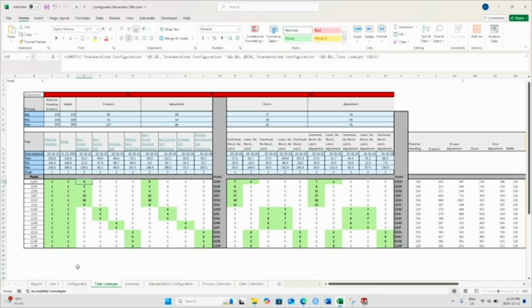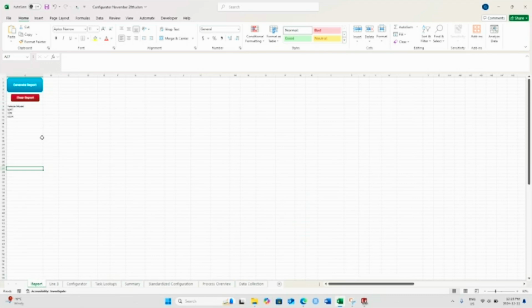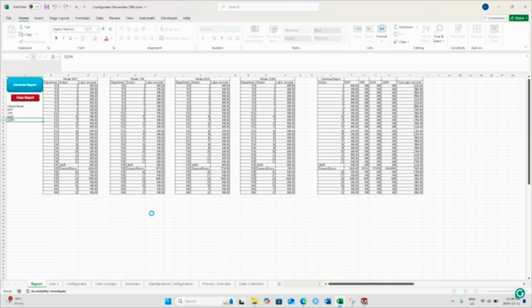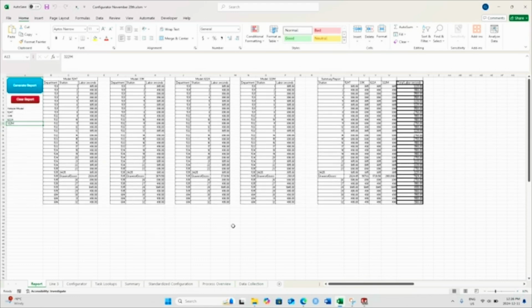Ultimately, the task lookup page pulls into the report page, which allows the Winnebago team to generate reports used for standard labor, production scheduling, or any other forms of analysis they might need to do on a daily basis. An example of how this works is we can input whichever models we're interested in studying for that day, generate the report, and Excel will automatically spit out the standard labor allocation for each station and each department for